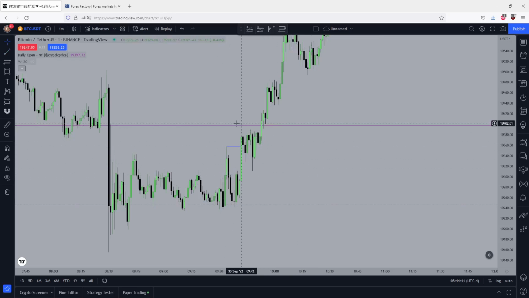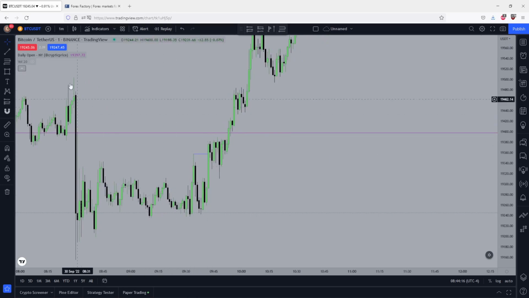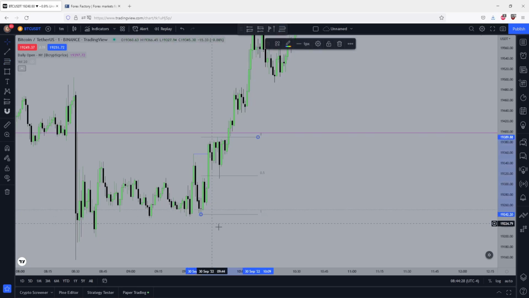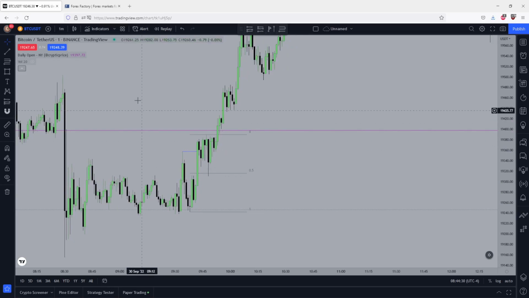So again, we have a break of this high, so this means we have an uptrend, means we are looking for longs. We pull out the fib tool from the low to the high, and right here you could use this low, it doesn't really matter. What we can see is we have quite a big fair value gap right here, which extends into the discount area. And what price does, it pushes up, consolidates a bit, pushes back down into the fair value gap,